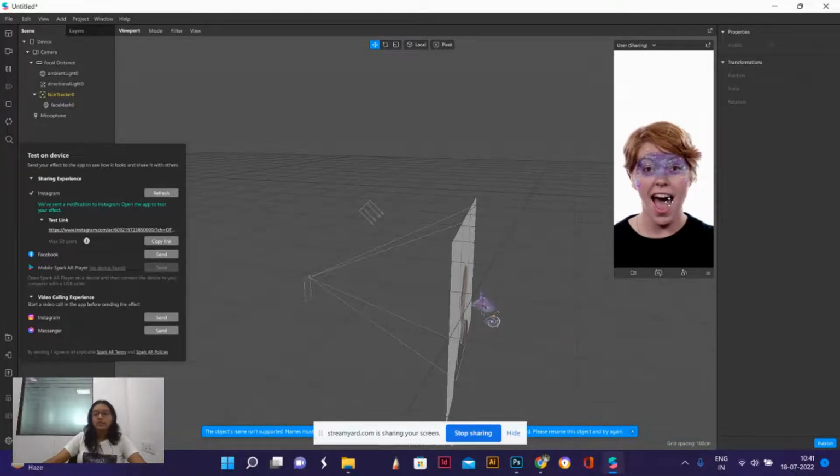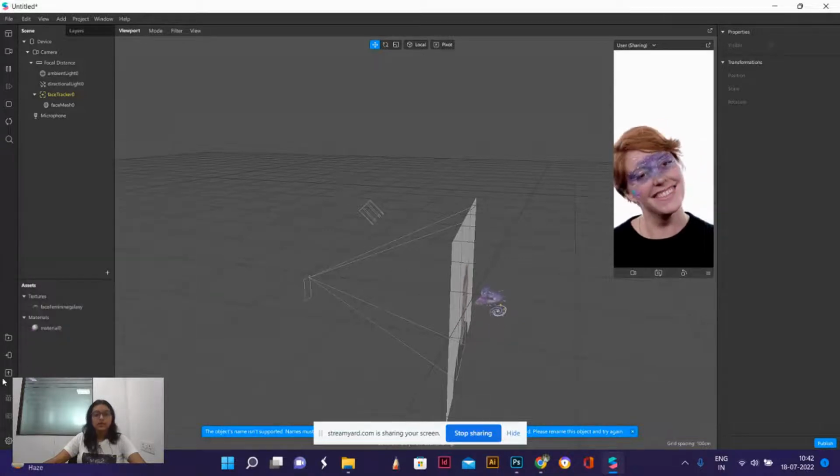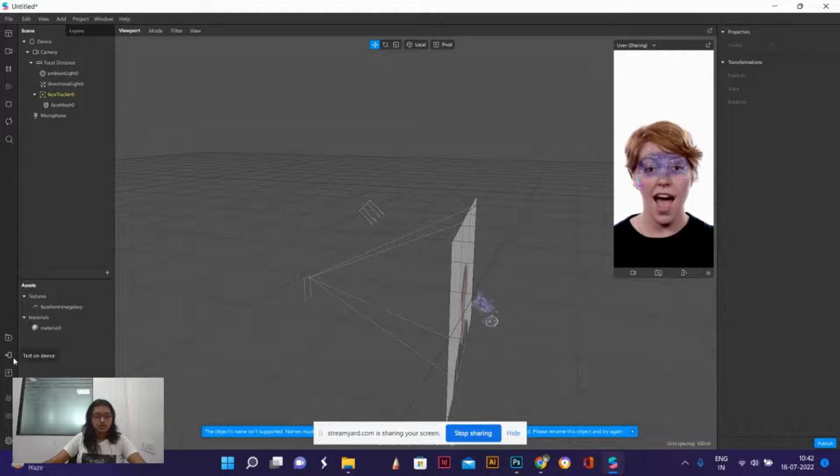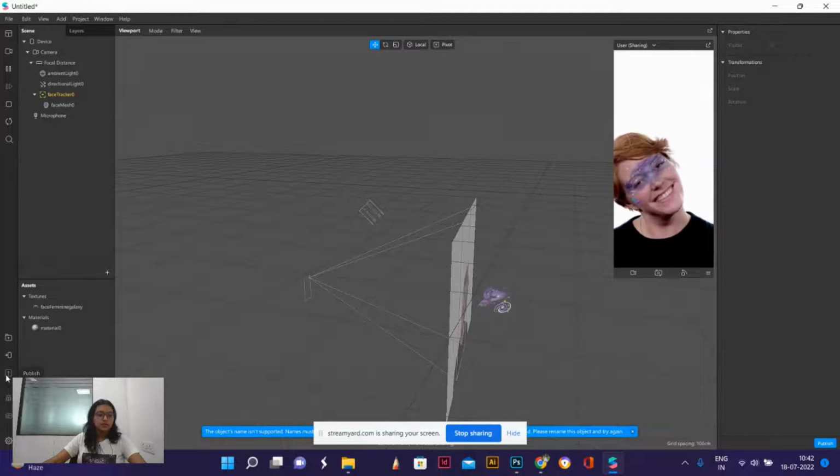Okay, so what we need to do is, I already actually have a filter made with this, and I feel like I am pretty happy how the filter turned out. So after testing and sharing and trying it on Instagram, etc., I will publish this effect. That means I will finally put the effect on my Instagram, and I will allow others and everybody to use it. So for that, there is an option called publish, right next to test on device, and you just click on it,